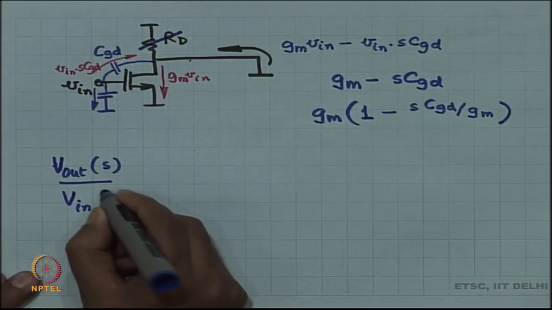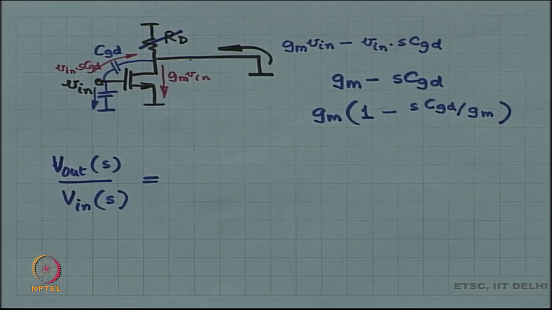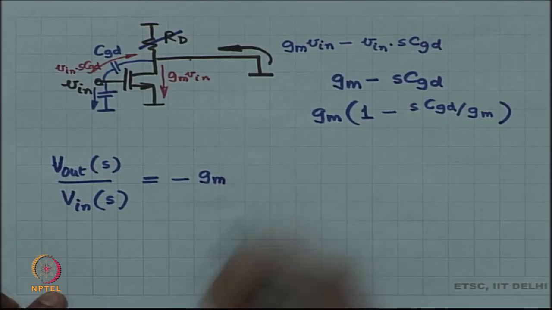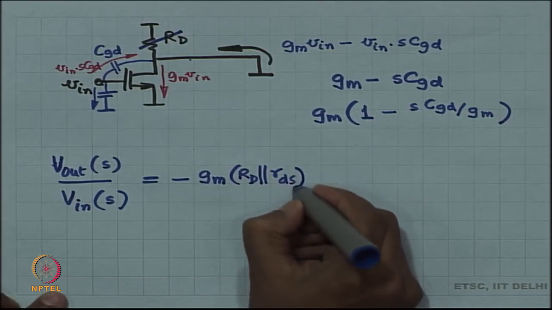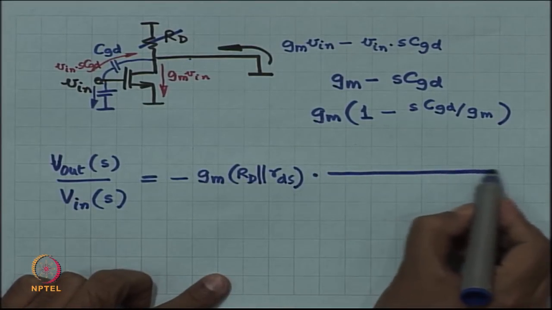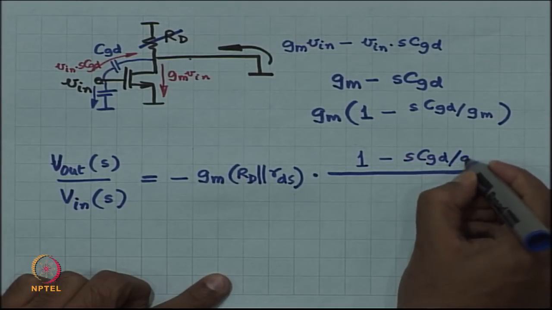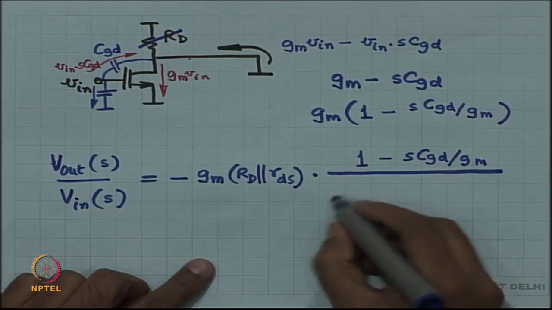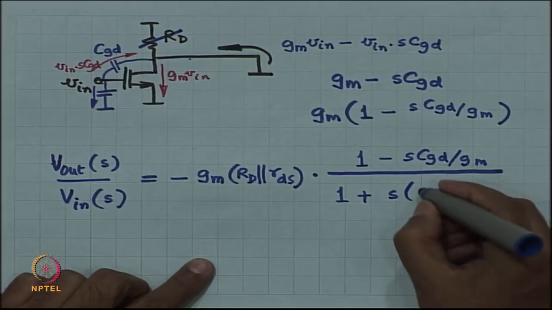Laplace transform is going to be minus transconductance times output impedance. So, minus Gm is the DC quantity, Rd parallel Rds was the DC output impedance, times the poles and the zeros, 1 minus S CGD by Gm, that is coming from the transconductance, and coming from the output impedance is 1 plus S C